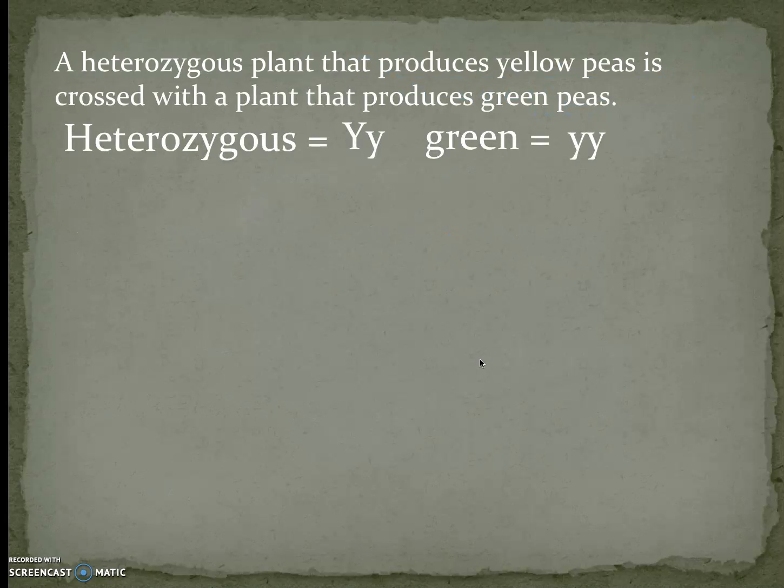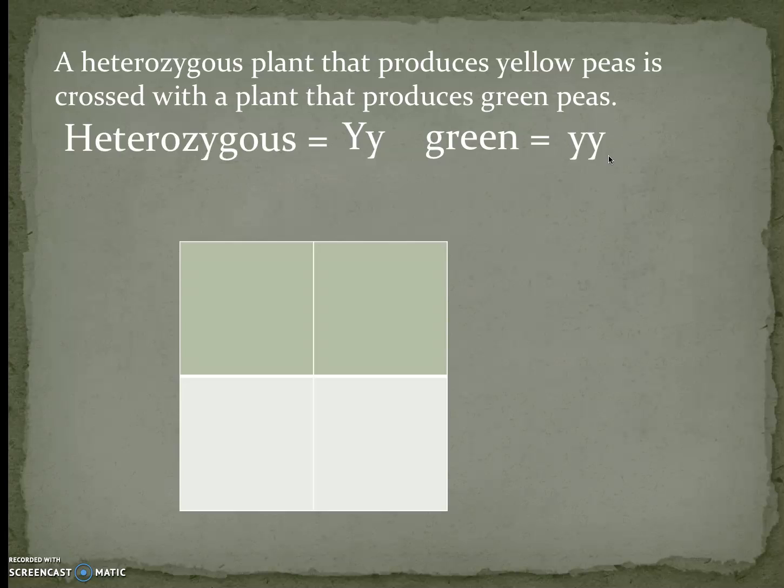A heterozygous plant that produces yellow peas is crossed with a plant that produces green peas. So the heterozygous means it is a capital and a lowercase, one of each. The green, we know it has to be homozygous, little y, because if there was a big Y in it, it would show yellow. So we start with the Punnett square, and we put capital Y, lowercase y, that comes from this parent. And then on the side, we're going to put the green, which is little y,